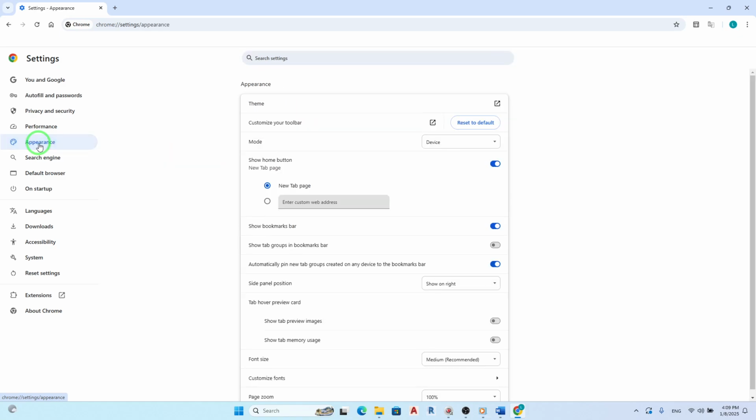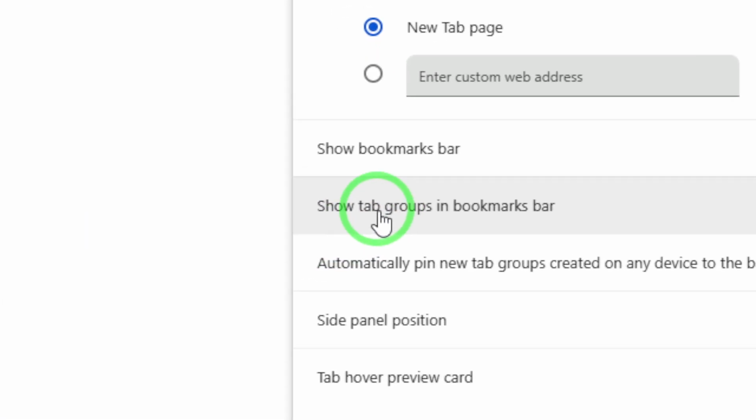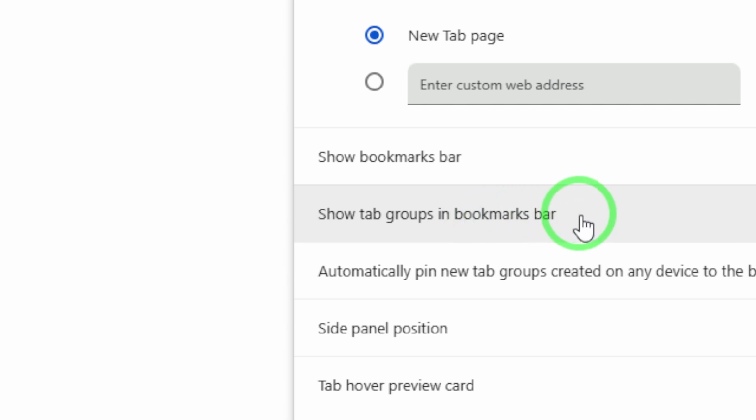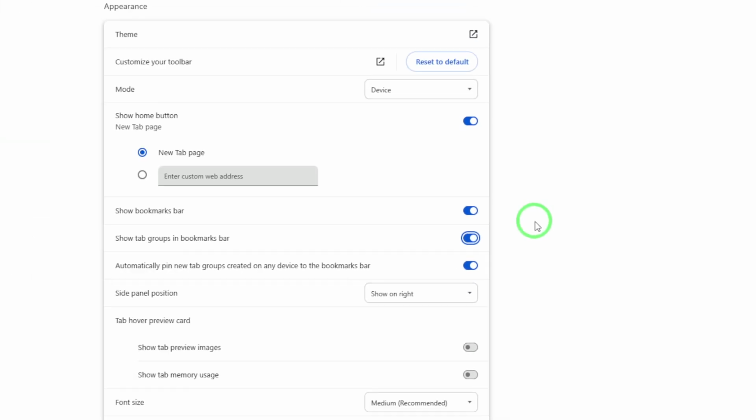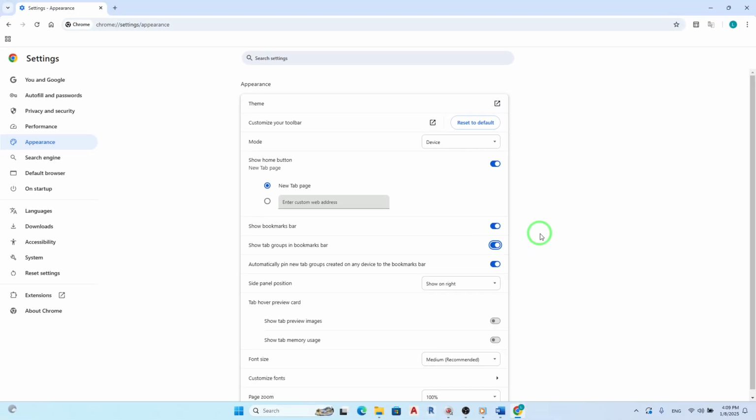Now here comes the crucial step. Enable Show Tab Groups in Bookmarks bar. You will find a toggle switch for this option. Click on it to turn it on. This action will allow your tab groups to be displayed directly in your Bookmarks bar, making them easily accessible whenever